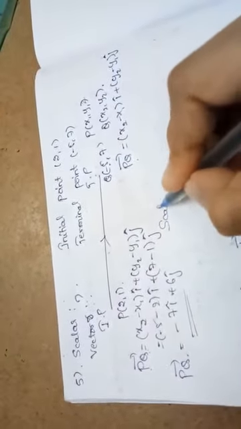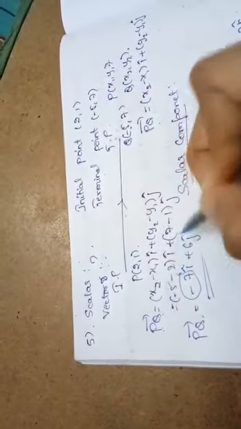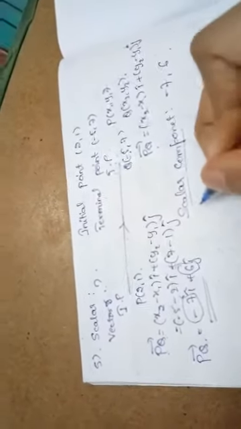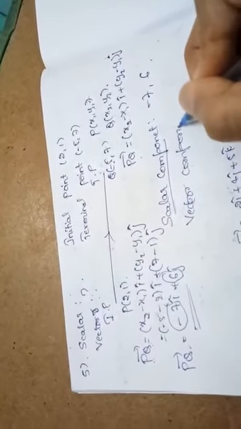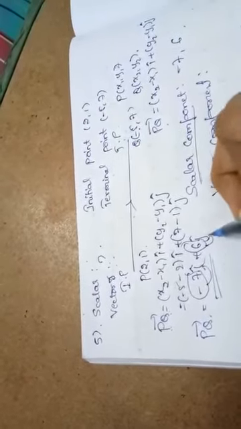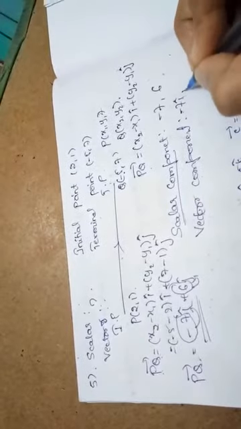What did they ask? They asked for the scalar and vector components. What is the scalar component? As I said earlier, the scalar component of a given vector is only the scalar quantity. So the scalar components are the numbers in front of i cap and j cap. What about the vector component? The vector component is the scalar component along with its respective unit direction, that is, the terms with i cap and j cap together are the vector components.